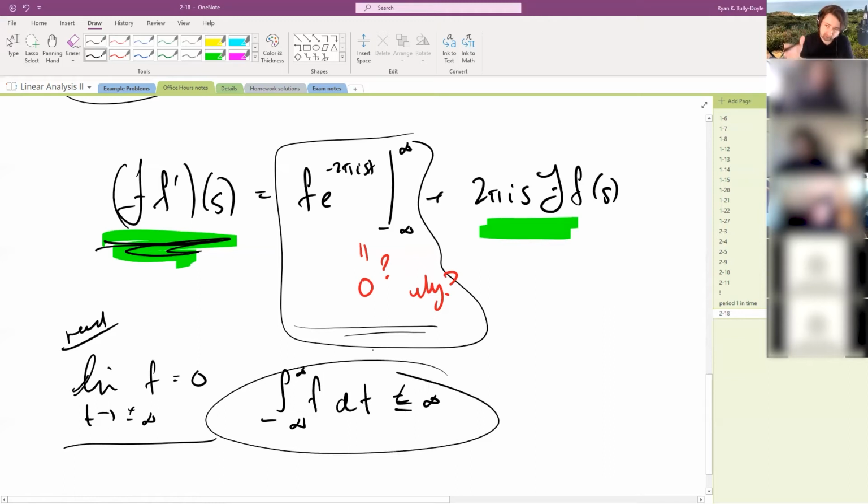But what do we know about f? We know that f is continuous, and we know it has a continuous derivative. So if f is continuous and